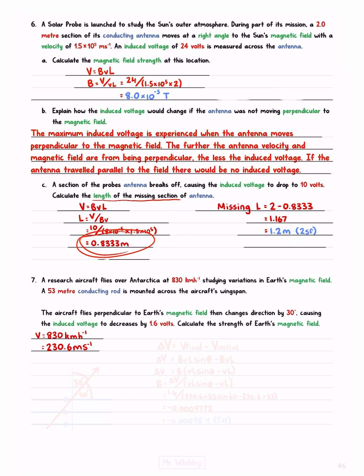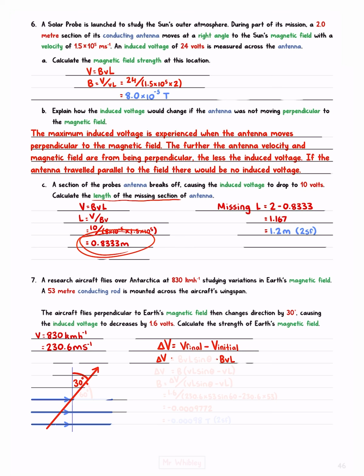In our situation described, we have our magnetic field lines from the Earth, and our aircraft has gone from flying perpendicular to flying 30 degrees from perpendicular. To find our change in voltage, that is just our final minus our initial, where our initial is perpendicular, and so we can just use BVL. However, our final is at an angle, so we use BVL sine theta, where theta is the angle between the direction of the velocity and the magnetic field, which is not our 30 degrees, it is 90 minus 30, which